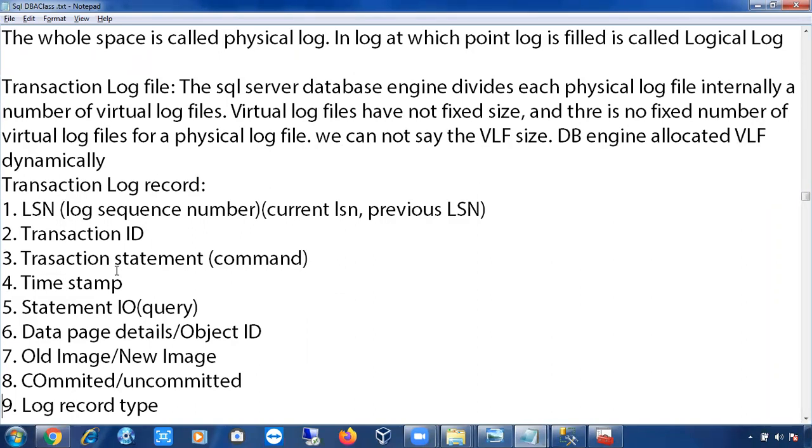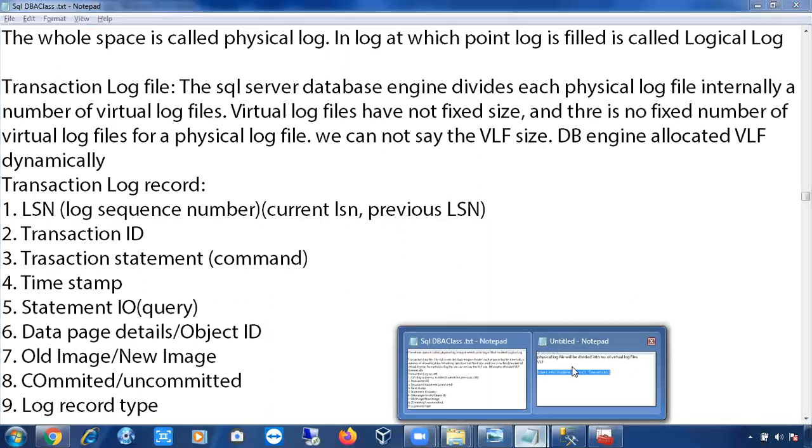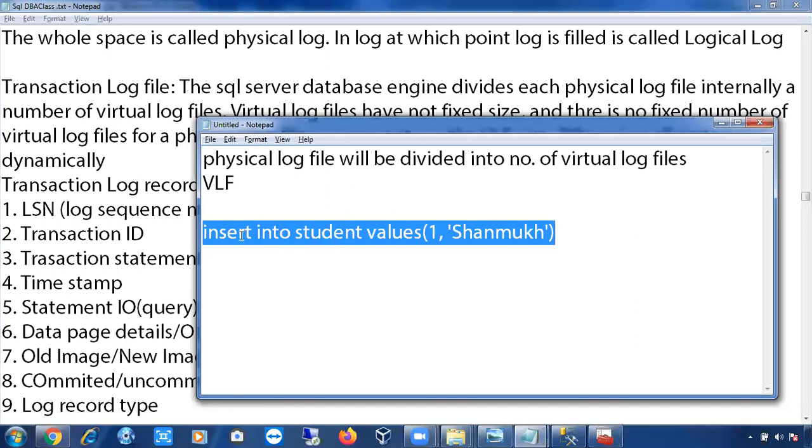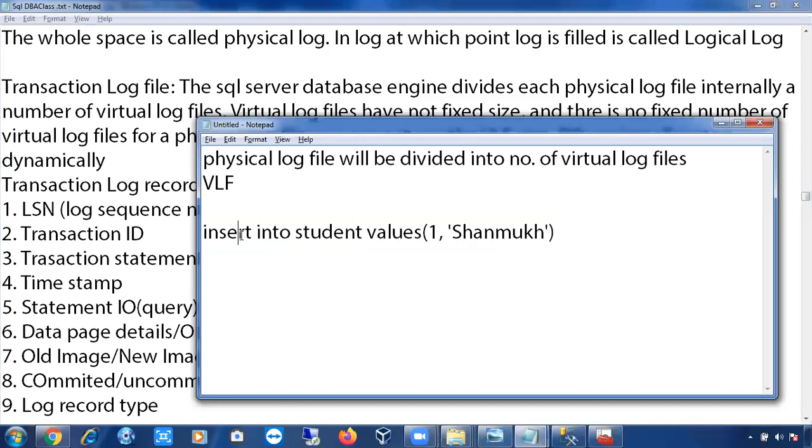It will store almost all 108 attributes of a single transaction in the log file. It is not only going to store this transaction, it is going to store almost all 108 properties of this transaction.